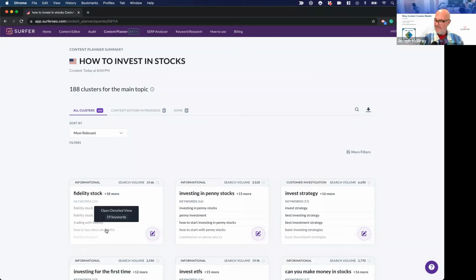Let me bring back Google's algorithm again. Google sees a piece of content and it thinks, okay, that's a good piece of content, I will rank it. And it ranks it for 10 keywords.